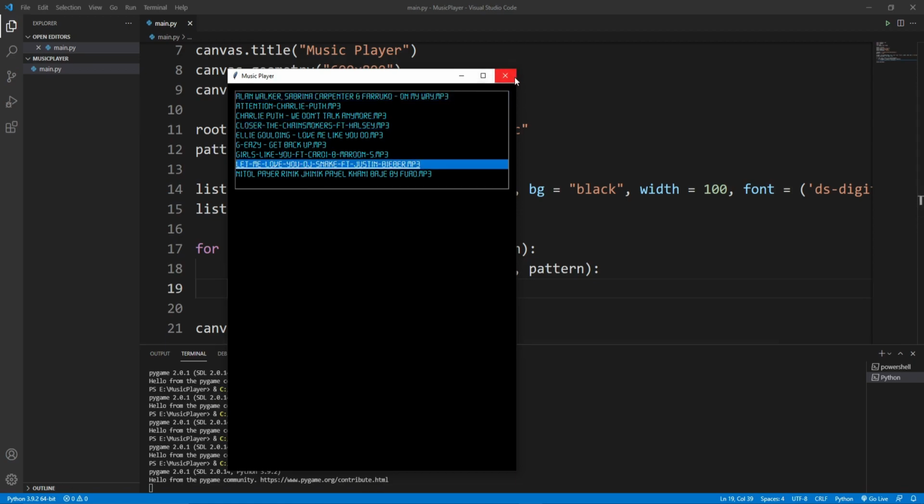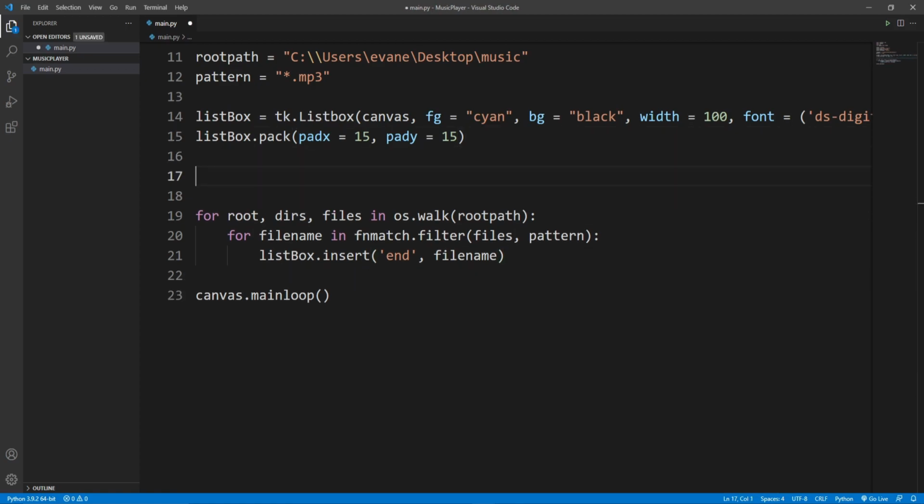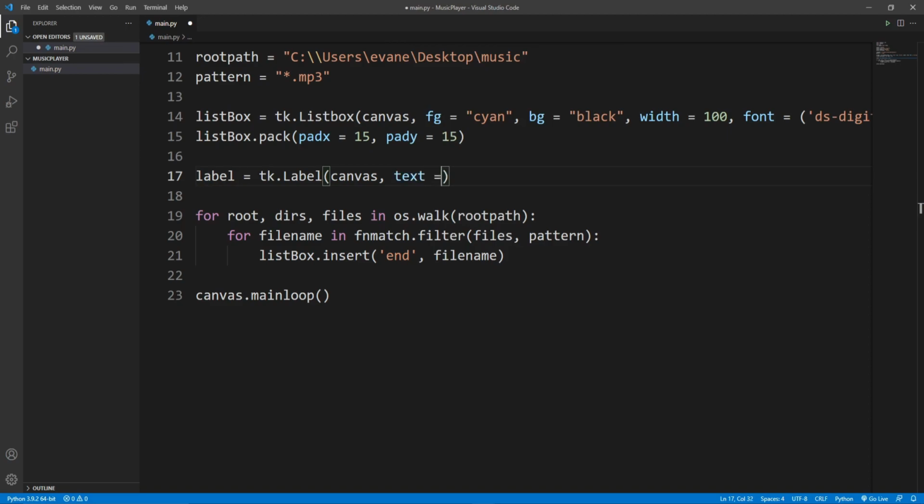So now let's work on the buttons and the labels. So for this I'll go down to this list box, and here I'll create a new label to show the selected song's name in it. So I'll take a new label. I'll call this label equals tk dot label. I'll attach it to the canvas, and then for the text of this label let's pass an empty string. For the background of this label I'll pass, let's say, black,